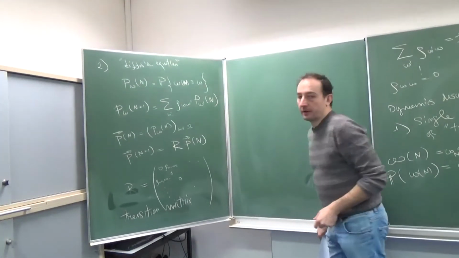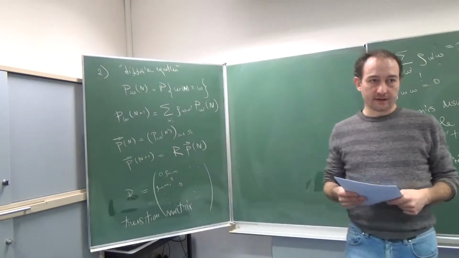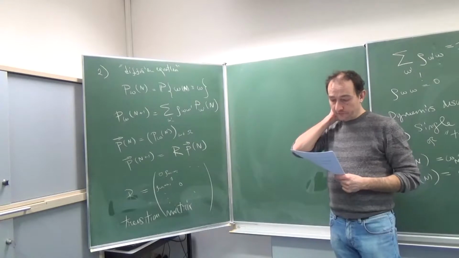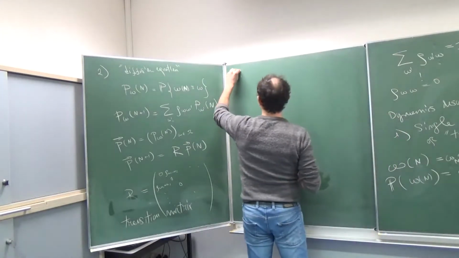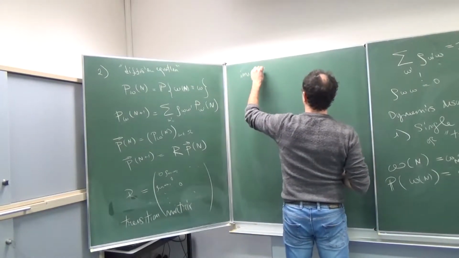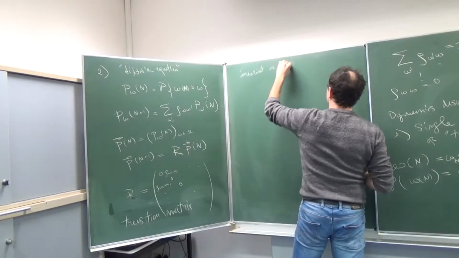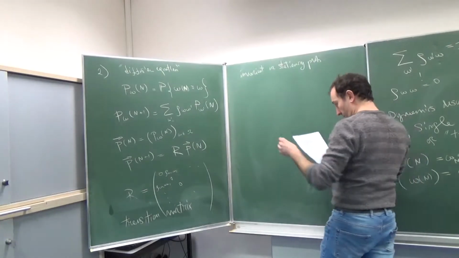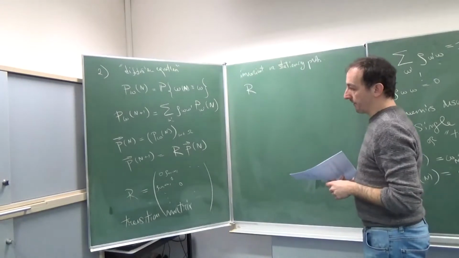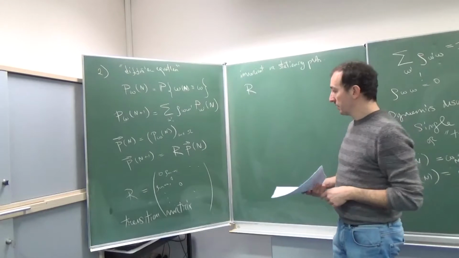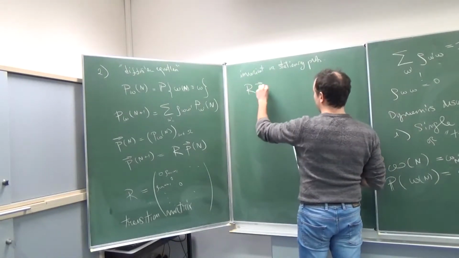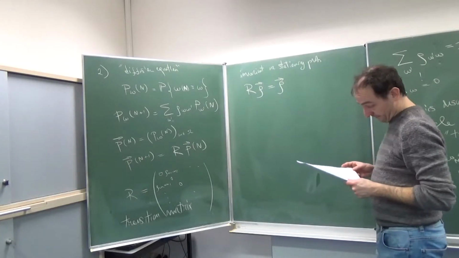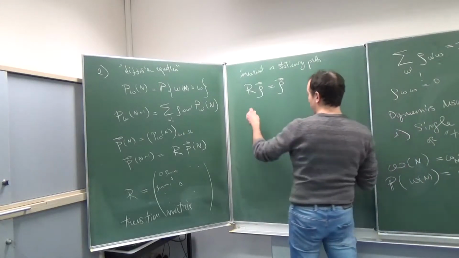Now, under the conditions that I gave before, that the states communicate and that we have micro-reversibility, it can be proven that the Markov process has a unique invariant probability, or stationary probability, which is just the unique eigenvector of R relative to eigenvalue 1, so we call it rho such that R rho equals rho, or explicitly we can write this as